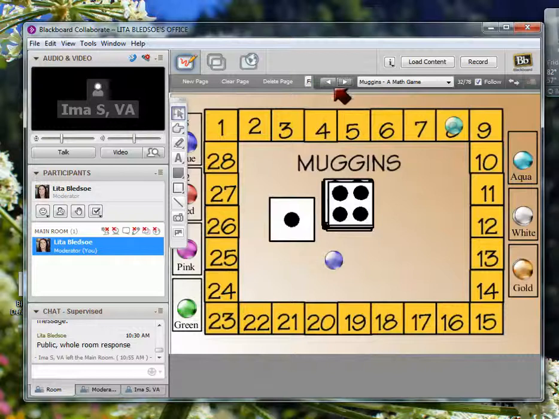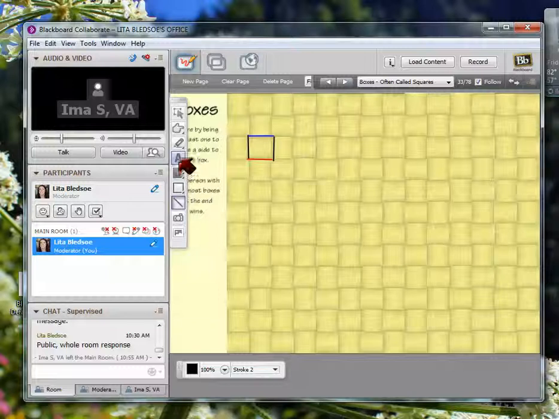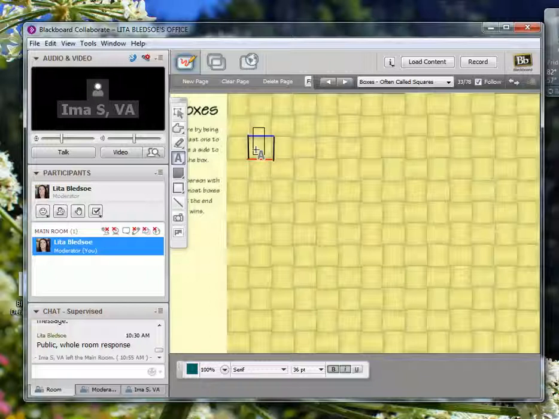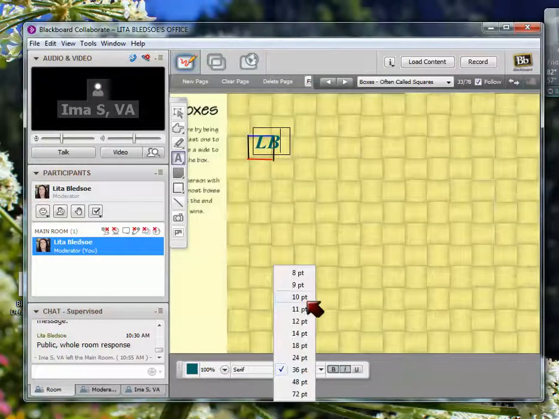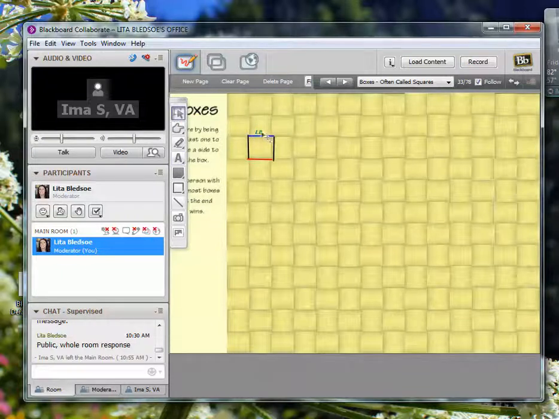We have games like Muggins, boxes, where students complete the box and then put their initials into the box. These would need to be smaller so that they can get scores.